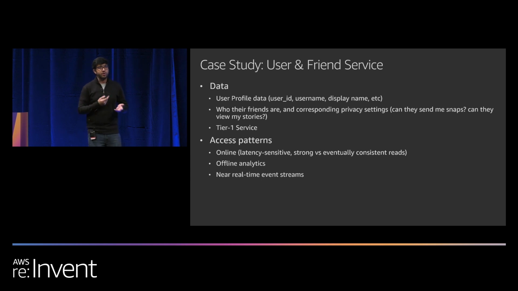Our data scientists perform a lot of offline analytics on the user base, as well as network-based analysis on the friend graph. And so we provide daily exports of this data to our data scientists. And additionally, we've seen a rise in near real-time use cases. So these are use cases like search indexes where they could be updated offline, but they actually have a lot of value from updating their data in closer to real time. So we've seen an increase in these kind of use cases, and we've kept all of these access patterns in mind, even while developing our online access patterns and how we deal with resiliency over there.